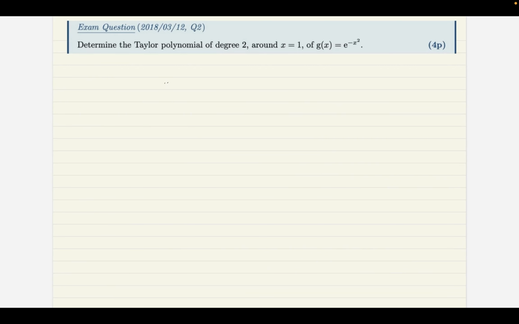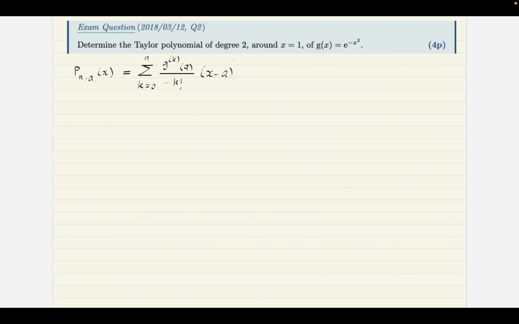Okay. So here, let me start with the general formula. The nth order Taylor polynomial around point a is a polynomial which we learned is equal to sigma, k goes from 0 up to n, of the kth order derivative of my function, the name of my function here is g, so I would write it as the kth order derivative of g calculated at point a divided by k factorial, but times x minus a to